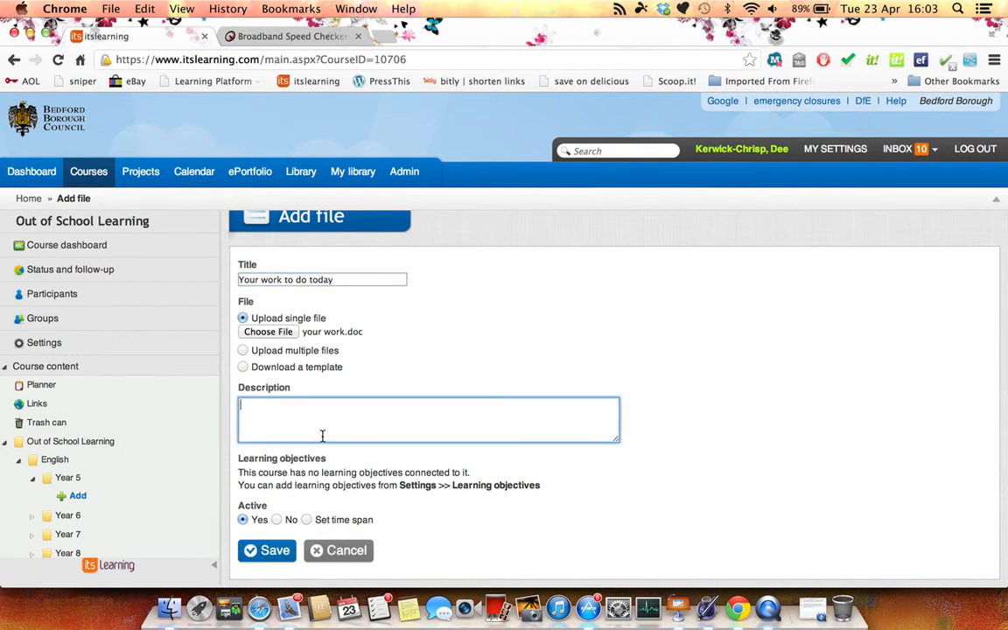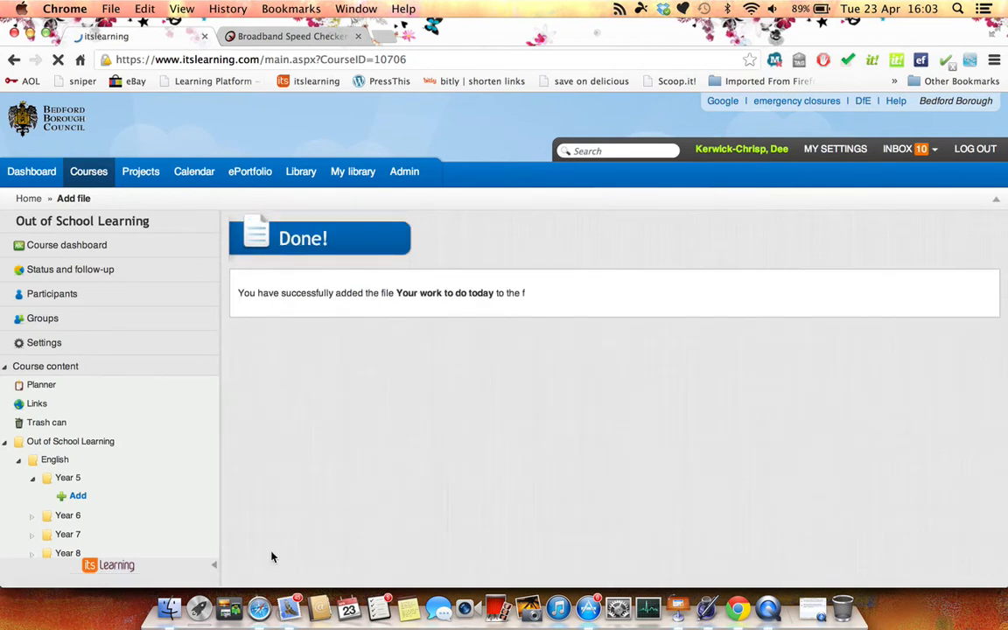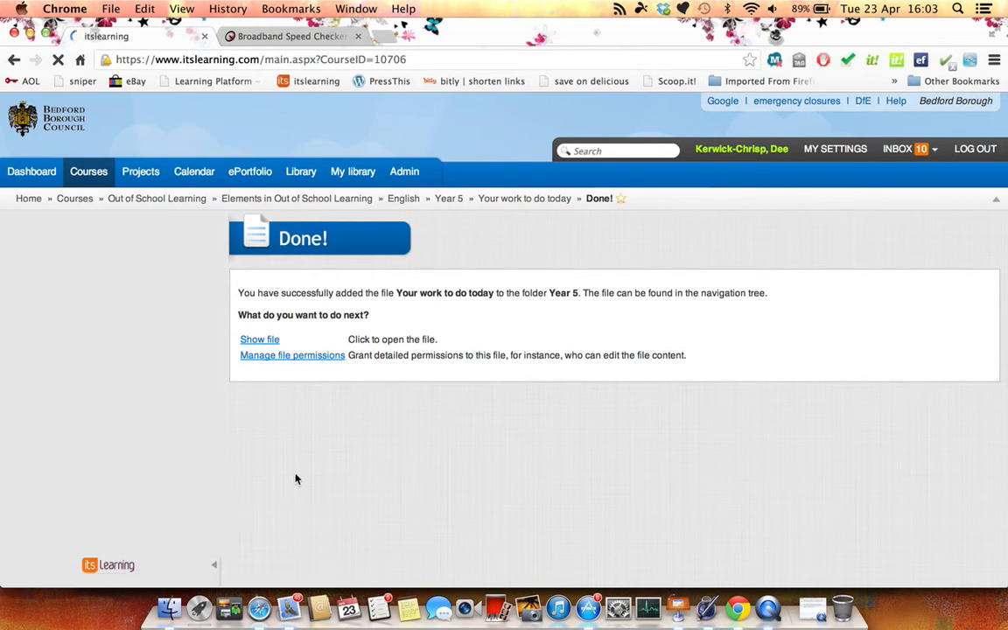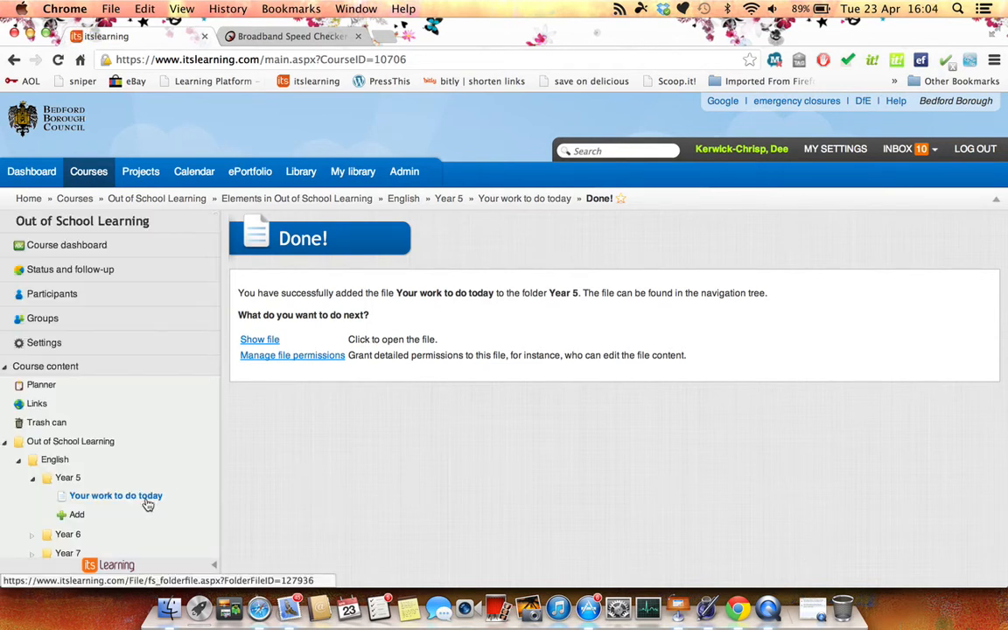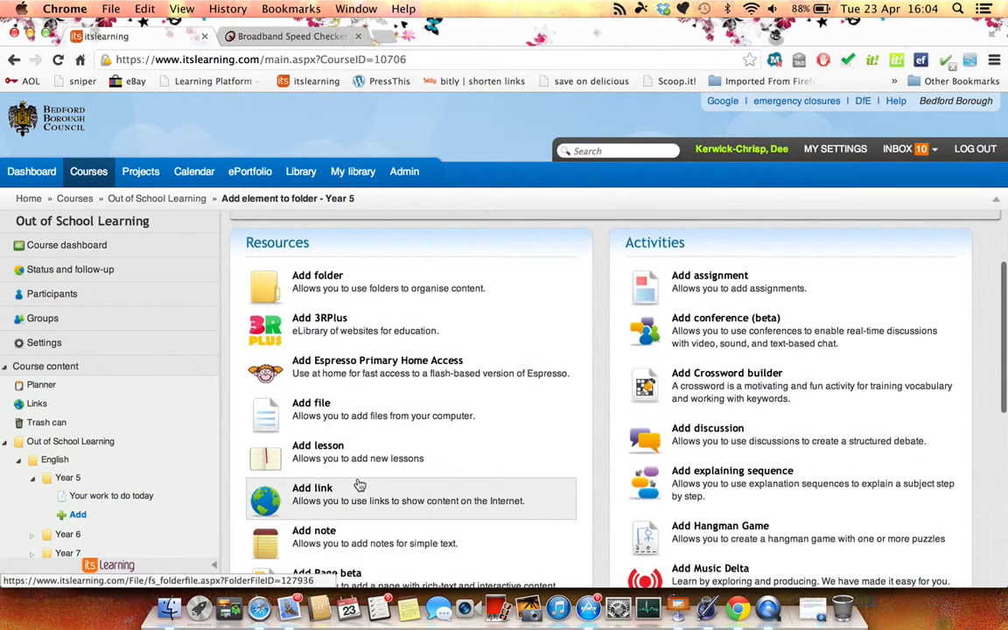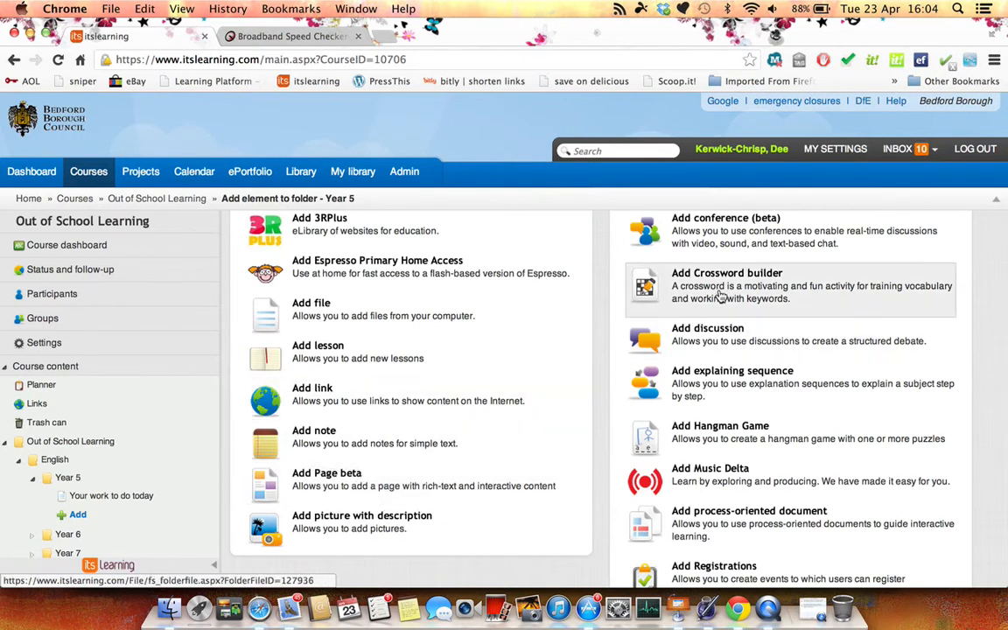We can have a description on there if we want. We can have learning objectives, either ones that you want to put in there yourself from the learning platform or some of the built-in national curriculum ones. And we can make it active or set a time span as well if we want. And then we're going to have a file there. So that's as straightforward as that, adding the file. But I really recommend that you add something a little more than just a file, because that's a little bit dull, shall we say. Even just a quick crossword that's based on the work,